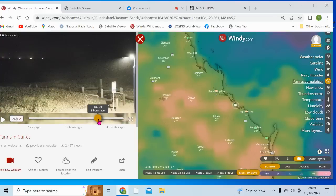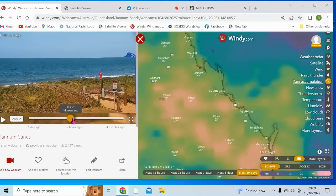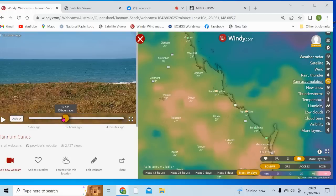Four hours ago, darkness descended. God, that's beautiful. Look at the water. Hey, somebody's out there having some fun. See him? You can go have fun here. Hey, fun is happening. We have fun, ladies and gentlemen. It's not all about a bad vibe. Somebody has figured it out. They could come here and have...